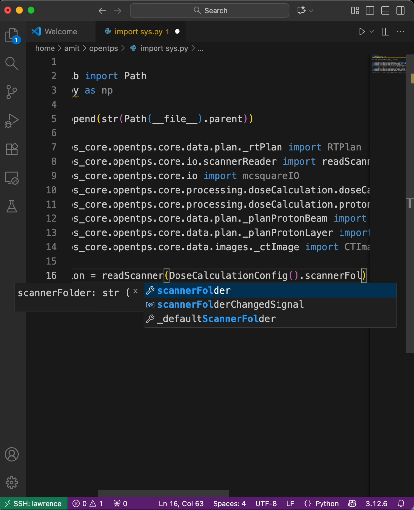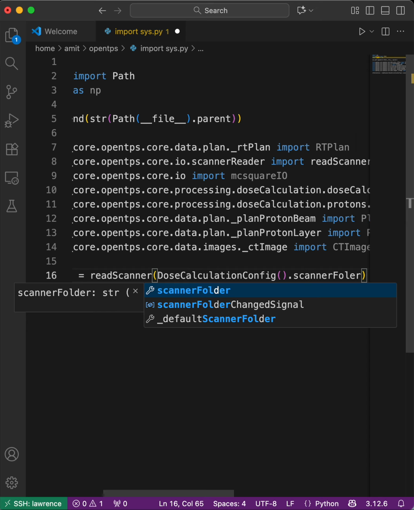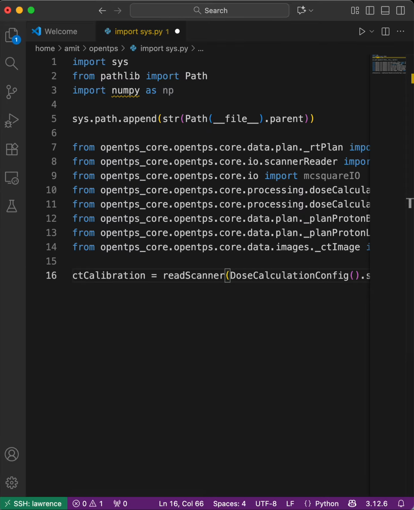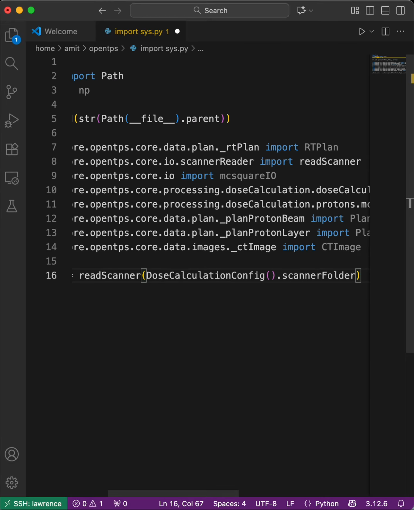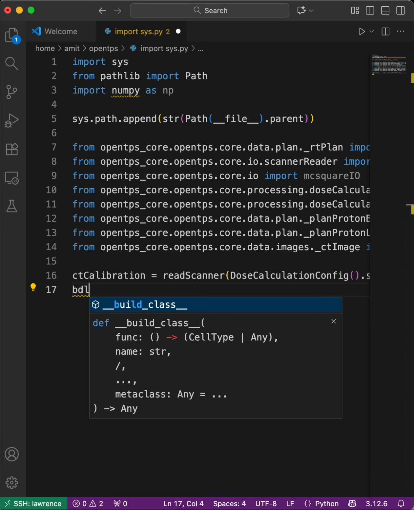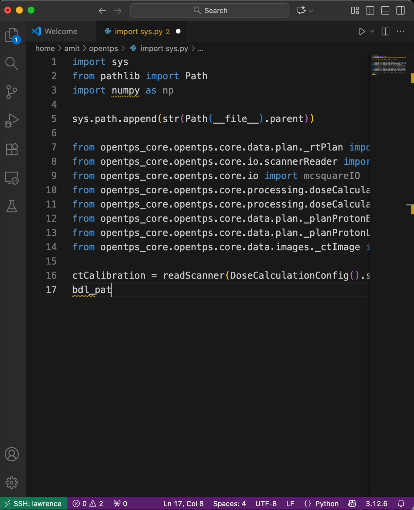So I did this simulation in order to compare the Monte Carlo algorithm which runs on GPU and this MCsquare which runs on CPU. And to do that, I made the parameters the same, which was putting the beam nozzle around 40 centimeters away from the water phantom, which I did in the BDL file